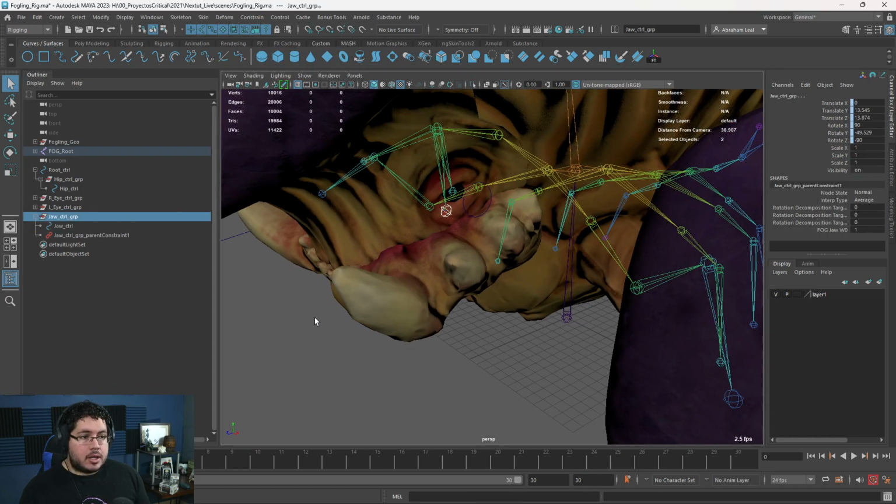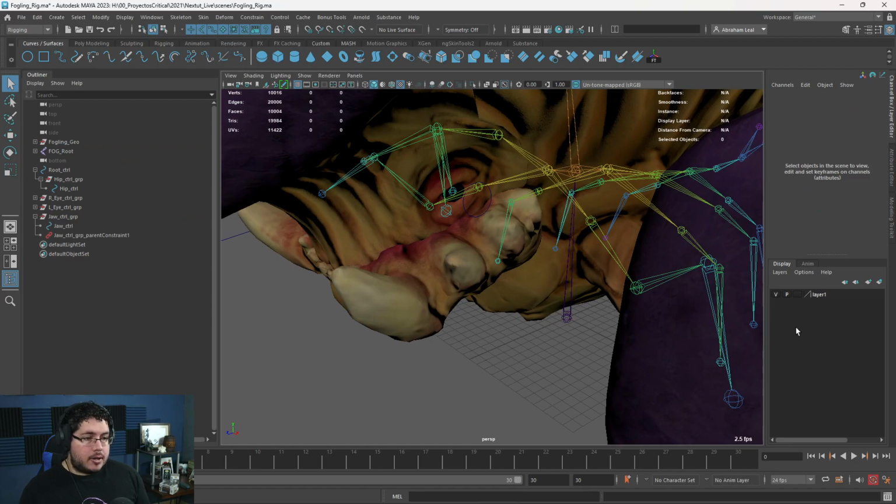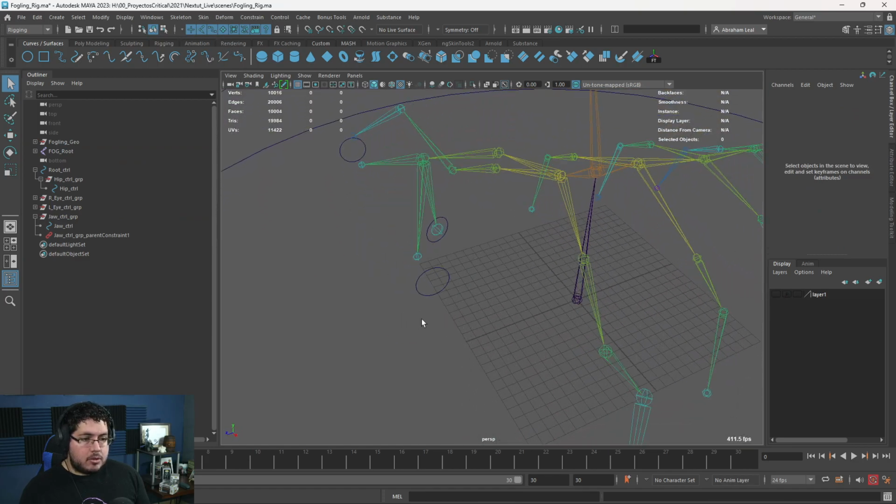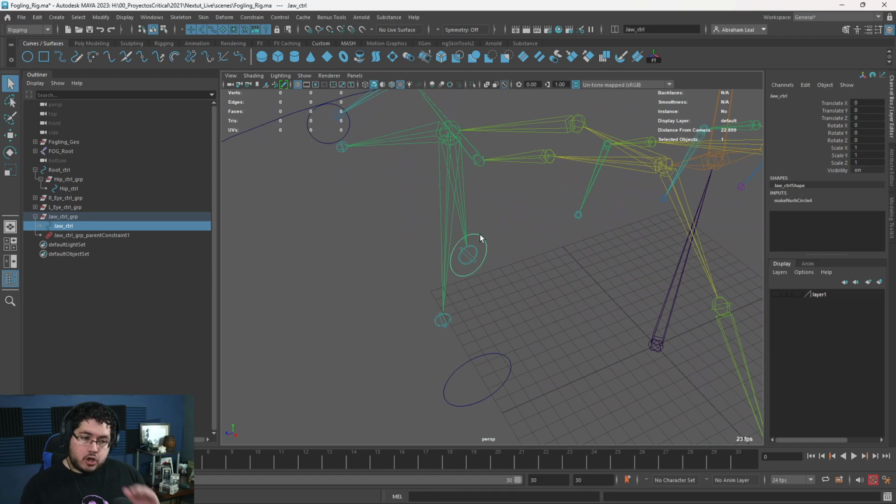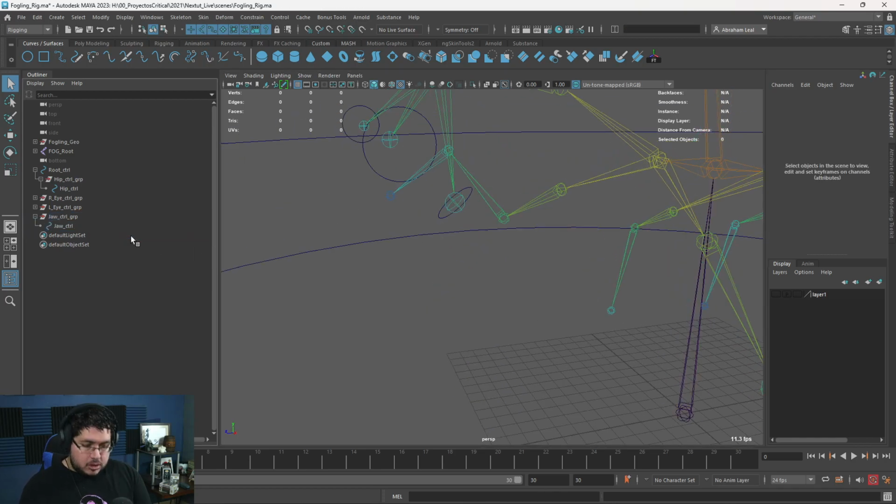This is where things are going to get fancy. I'm going to turn off the visibility of this guy. There we go. You can see that now the jaw curve is not aligned to the center or anything. It's aligned in a different way. And this is important because, again, when doing this parent constraint, we're inheriting the position and the rotation of the joint. This will make sure that when we move things around, they are not offsetting or anything. So now we don't need a constraint anymore.